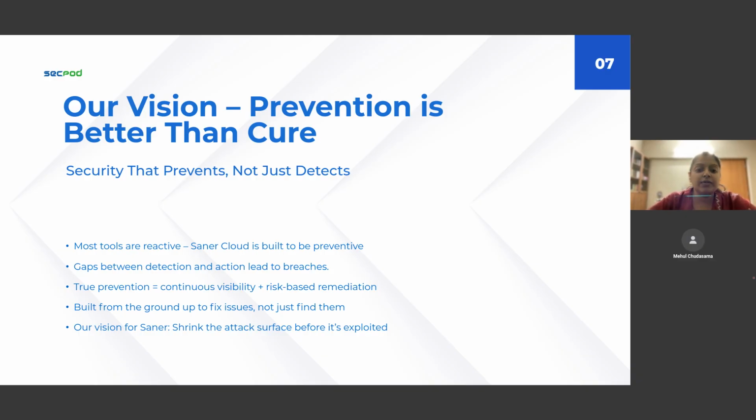This is also where most security platforms stop short. They end here. They'll show you a list. But we are here to tell you that we go further. We also go ahead and act. This sort of mindset, which is to stop breaches before they even happen, is what makes Sano Cloud different from the rest of the CNAPP market. Because we believe that security does not have to be reactive anymore. It can be real, it could be continuous, but most importantly, it should be preventive.